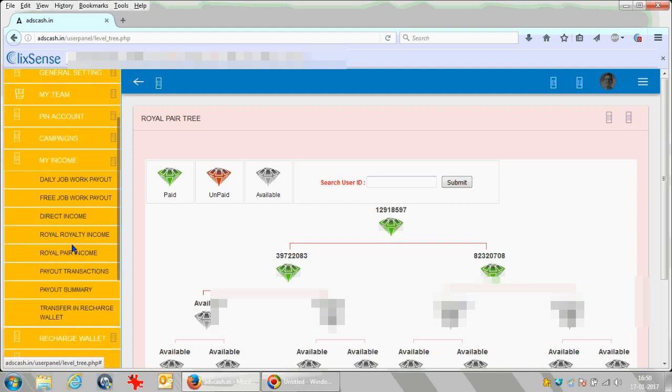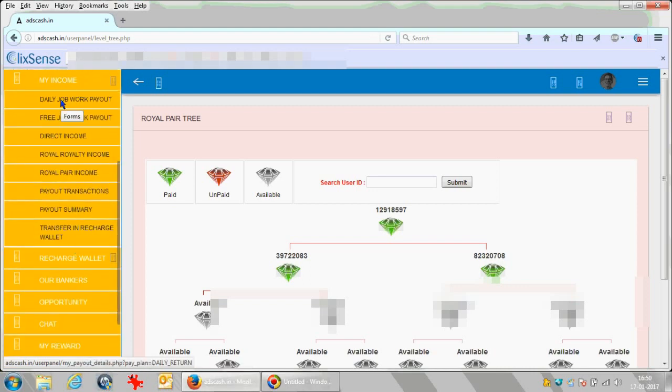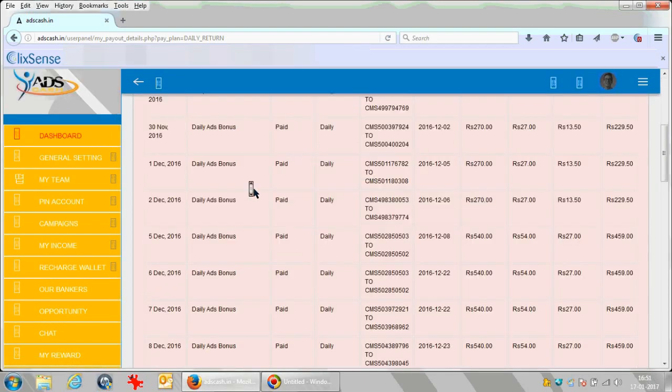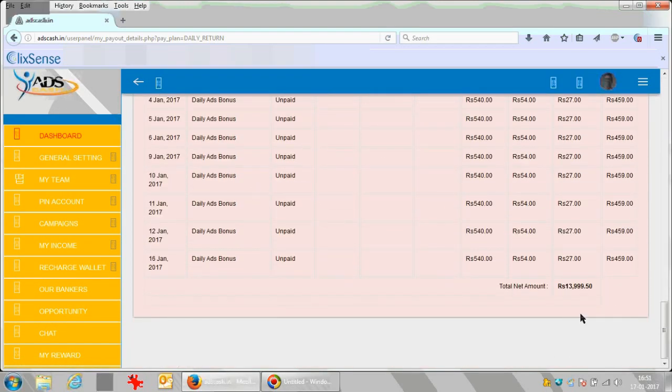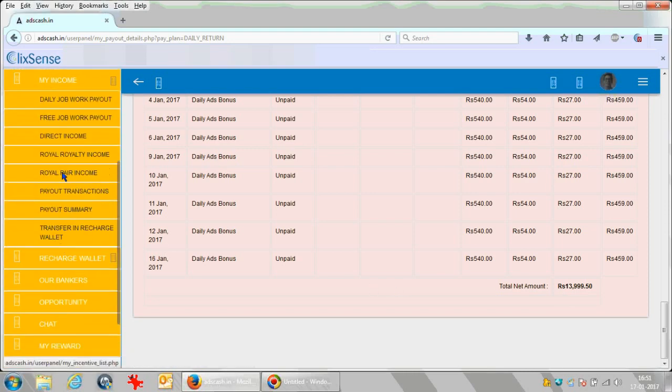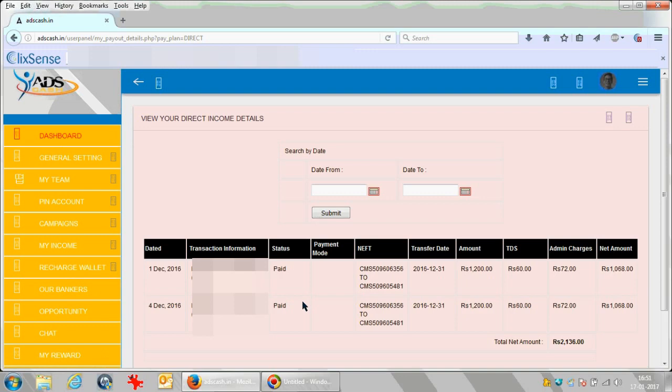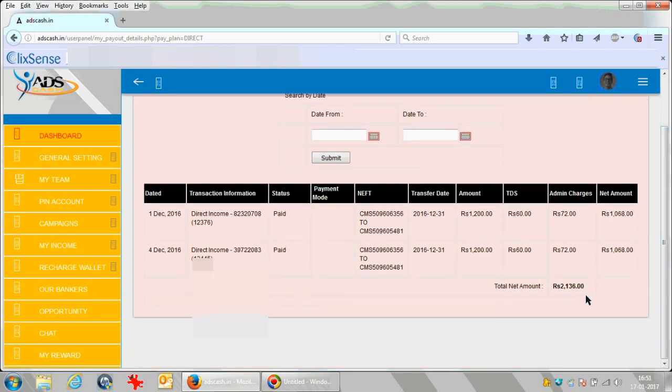I want to show you the income proof here. Daily job work payout. This is what I have earned so far by clicking on links. It's close to 14,000. My direct income, what I got for making two persons join under me, is 2,136.